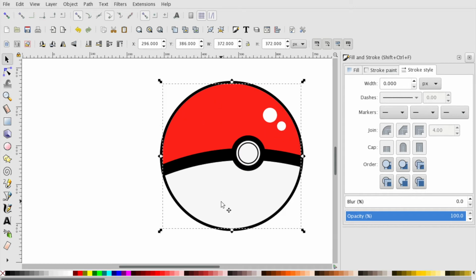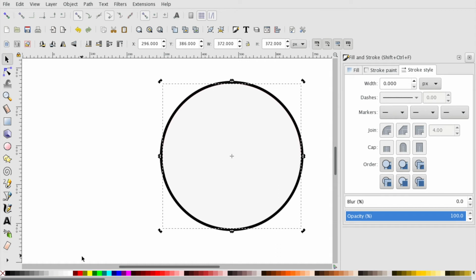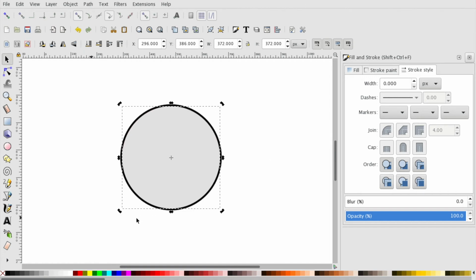Now we are going to go ahead for our shadow right at the bottom here, just like our other picture logo. So to do that, you're going to take that white circle, that one here, go on to duplicate, but this time you're going to make it a shade of grey, like that one. That should be fine. You're going to zoom out and duplicate it again,